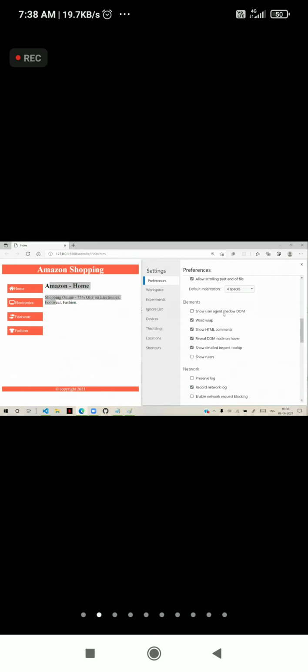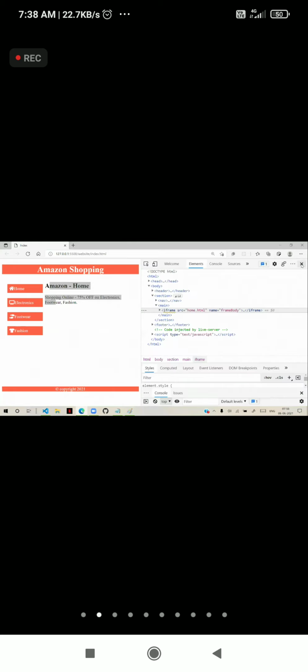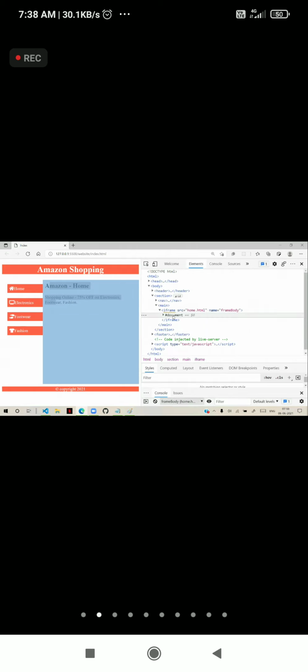Later, I will tell you in JavaScript what a shadow DOM is. When I select that, the shadow DOM shows these contents inside. Shadow DOM means inside the main content, what content is displayed and how it is displayed. This is called shadow DOM.